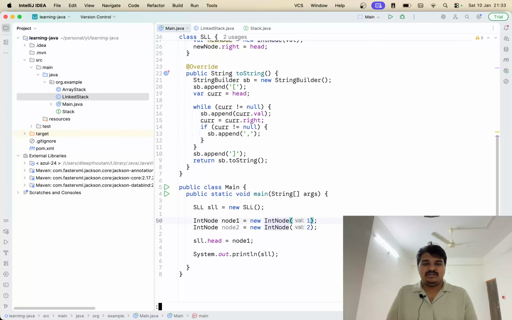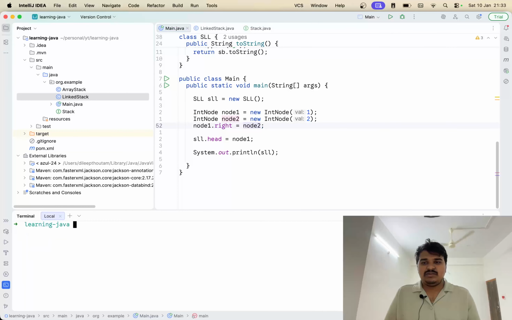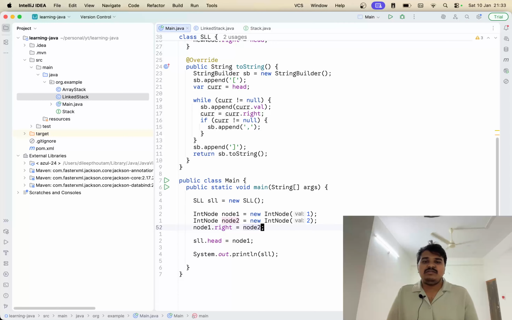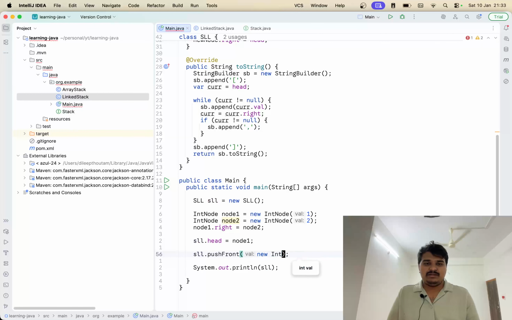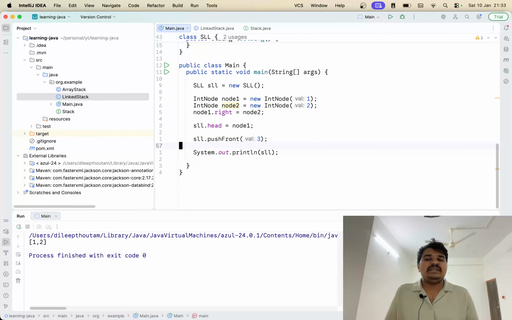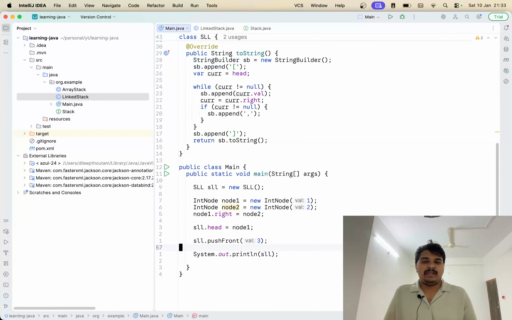Okay, we forgot pointing here. That's why. Okay, our list is 1, 2. Okay, if we do this one like sll dot push front, now 3, new int node. Sorry, what am I doing? Okay, now your array is still printing from 1 to 2. Okay, that means